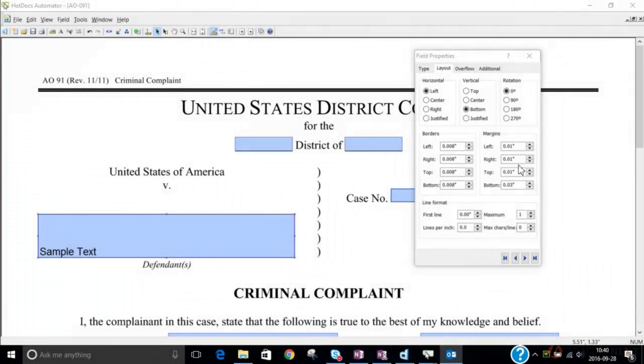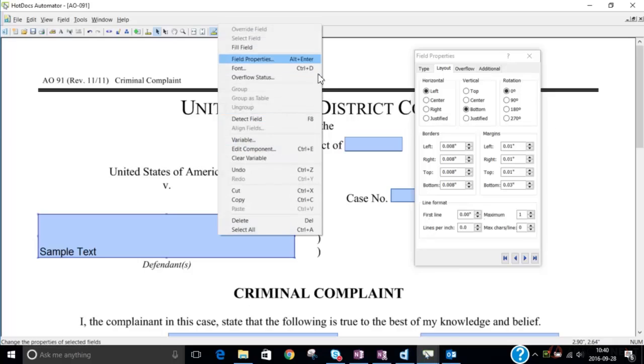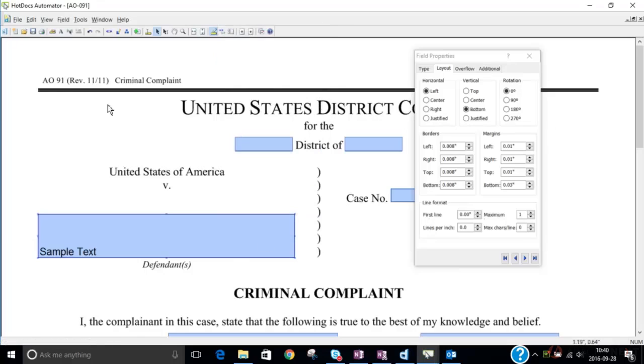This video will talk about the Layout tab of the Field Properties dialog box. Again, you can access the Field Properties dialog box by clicking on a field and right-clicking and going to the Field Properties option. Another way of accessing it is to click on the Field Properties button up on the toolbar, which is the hand over the ruler. Now in the Layout tab,